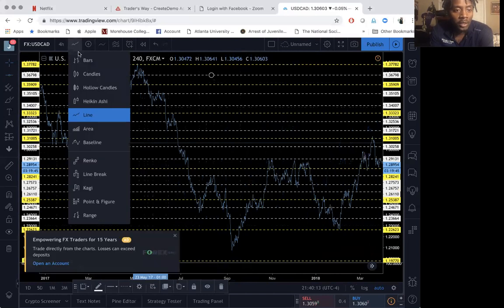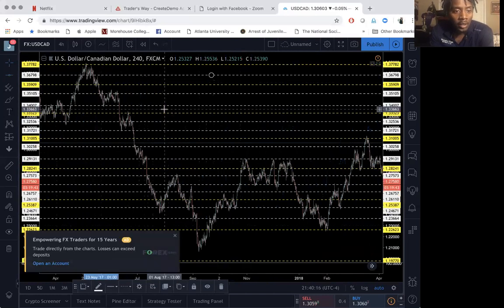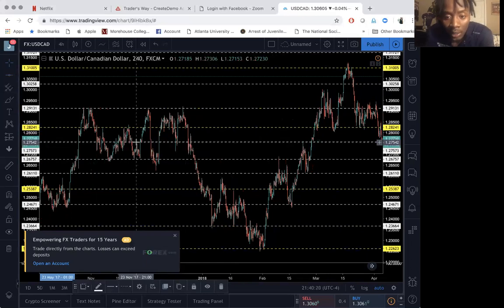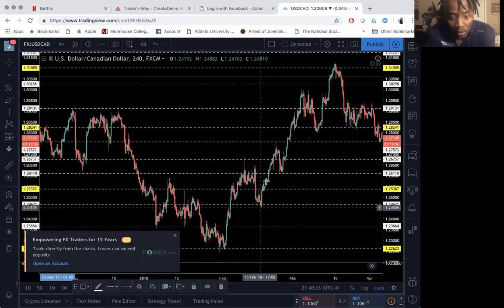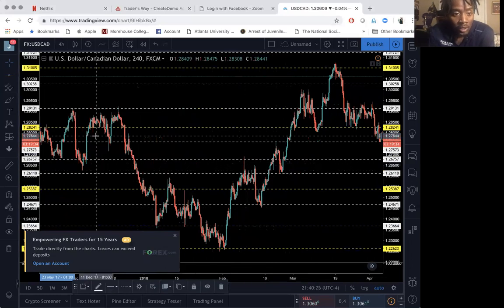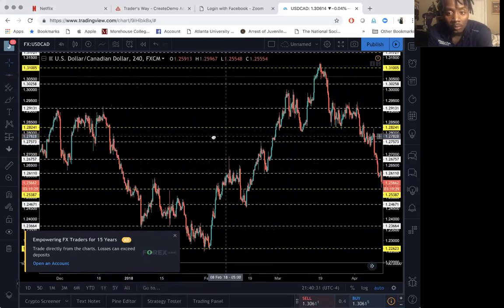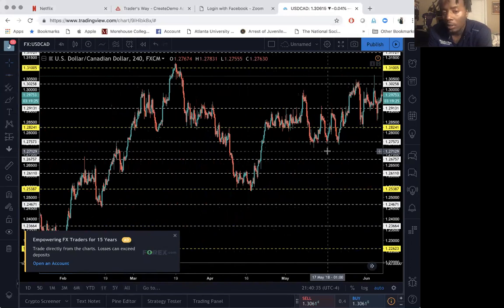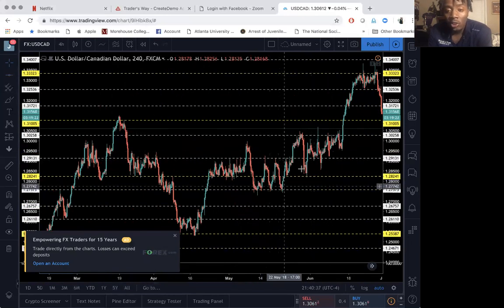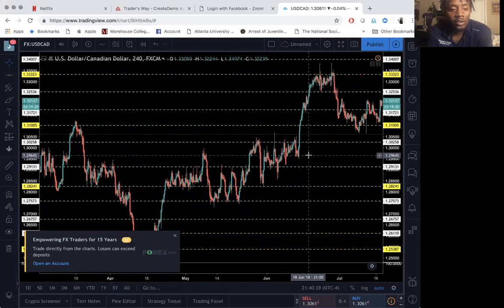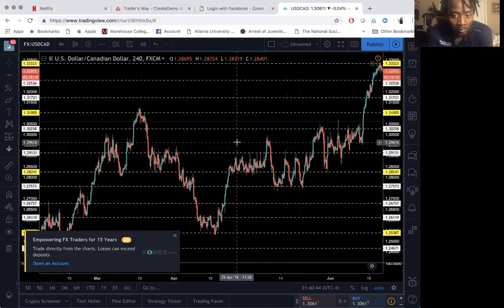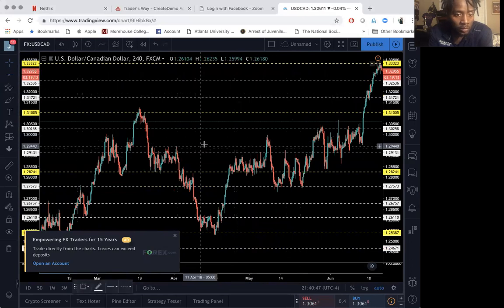All right, so like I did on the day, I'll go to the candles, and as you can see how price is respecting these areas with reversals, wicks, very strong wicks, very strong reversals from these places. And I like drawing them on the 4 hour and the day just because, like I said, they're technically the strongest ones. The ones that are present on the higher time frame,